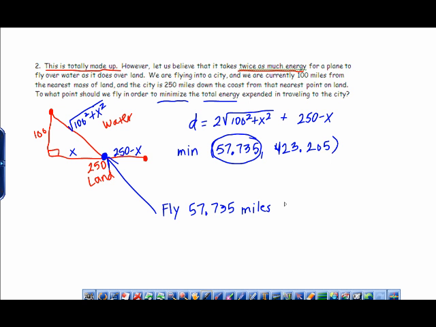And I'm going to write down the coast from, because I really don't know direction. This is not necessarily north, south, east, west. I really don't know. Down the coast from